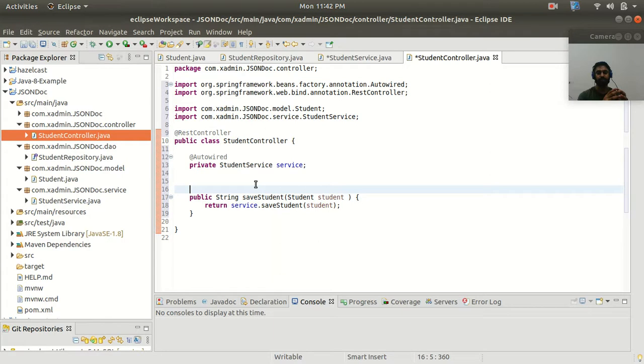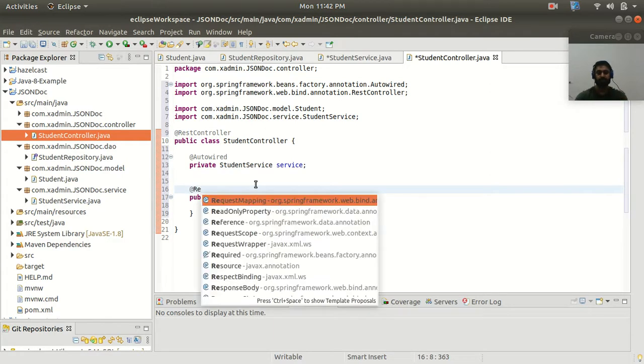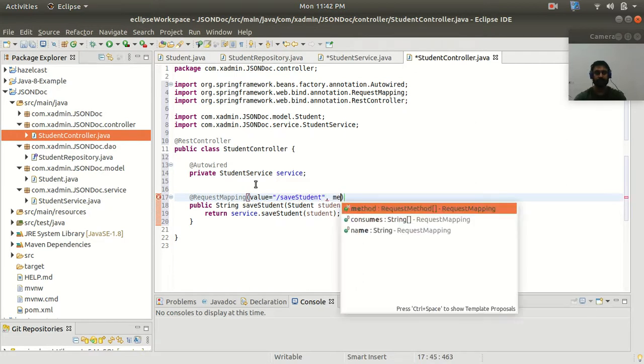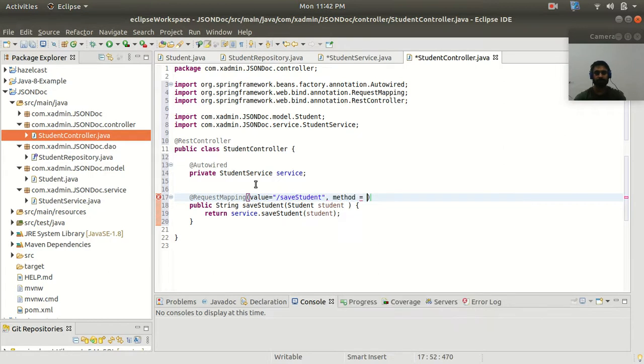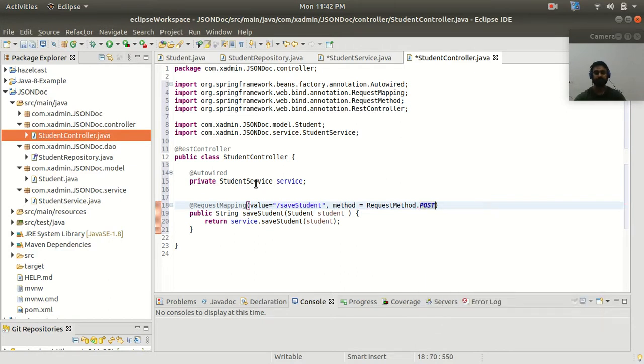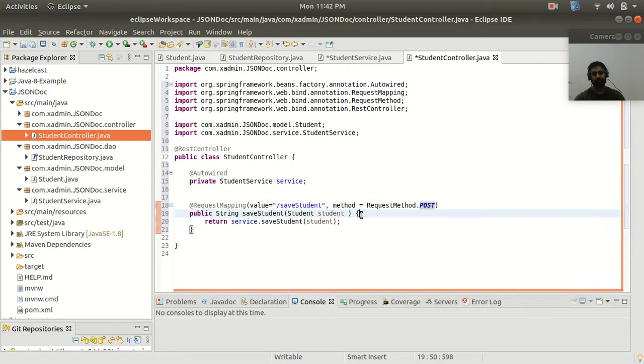So here the PostMapping annotation does not work with the JSON, so we need to use RequestMapping, and in the argument I will assign the value as saveStudent, and as a method I will use RequestMethod dot POST, the HTTP post method, to save a new student inside my database.